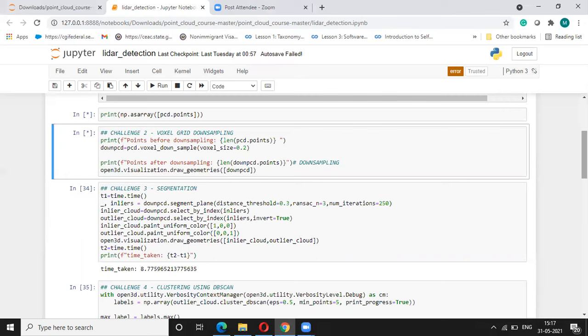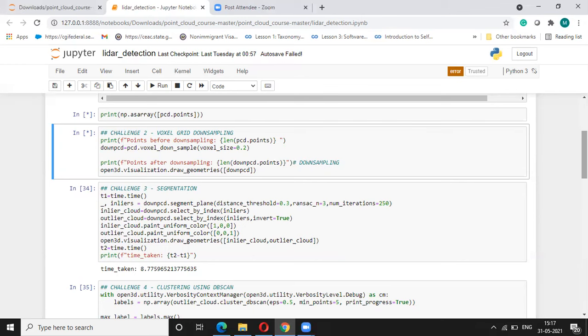So here we are finding those inliers. We are operating again on the down PCD, so down PCD segment plane. We mention the threshold distance, then we mention how many points we need. In our case, we are dealing with a plane, so it will be made of 3 points, and then iterations, meaning how many times we want to iterate over that. We are minimizing that, and that's how we get inliers. All those points which are part of the inliers, we are storing in an inlier cloud.